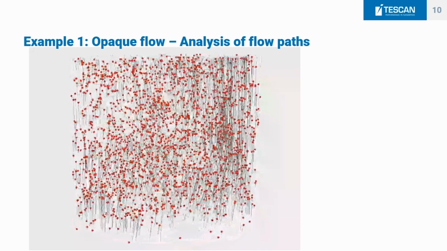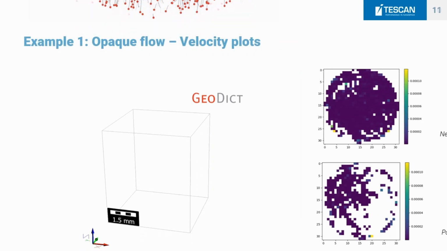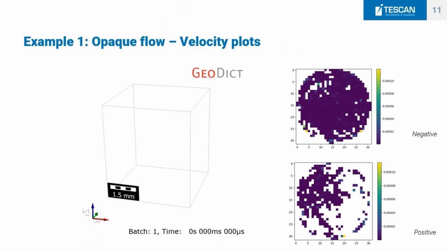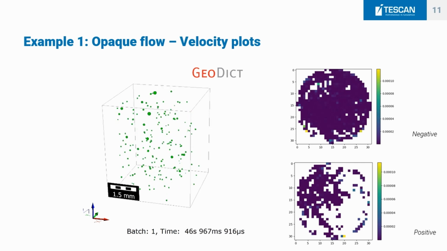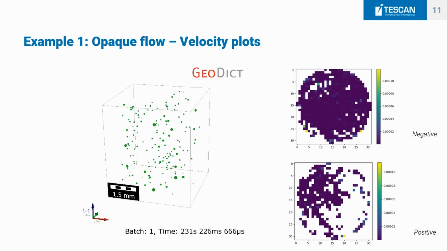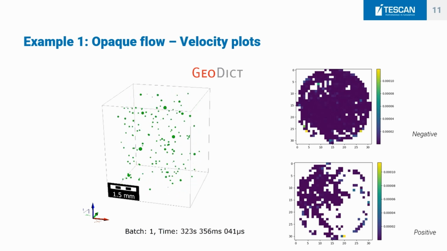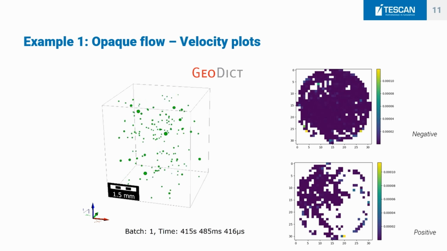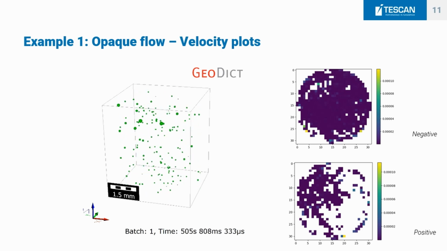Now, this is nice. This is a visualization. We can follow the particles. Very good. But then the goal was, of course, to have some numerical data out of it. And this was also possible in GeoDict. So what you see here, again, are the particles segmented as they're flowing. I think this time it was in a scan with 3 seconds temporal resolution, so even much faster. And from that, there can be velocity plots extracted.